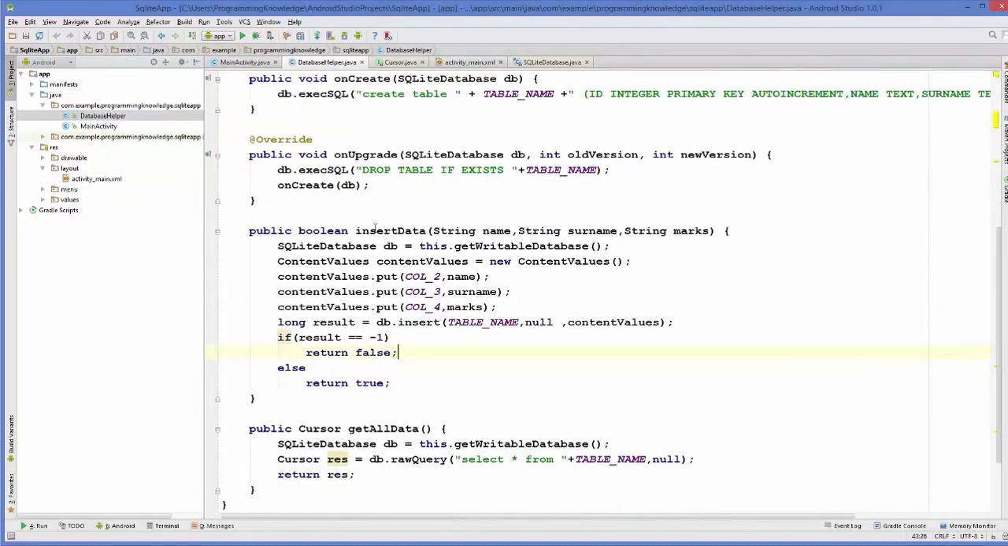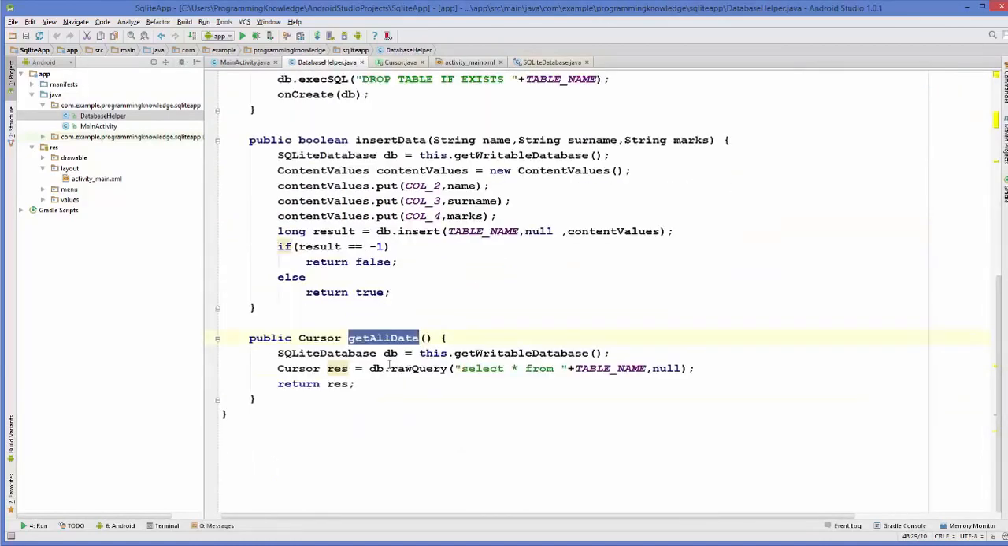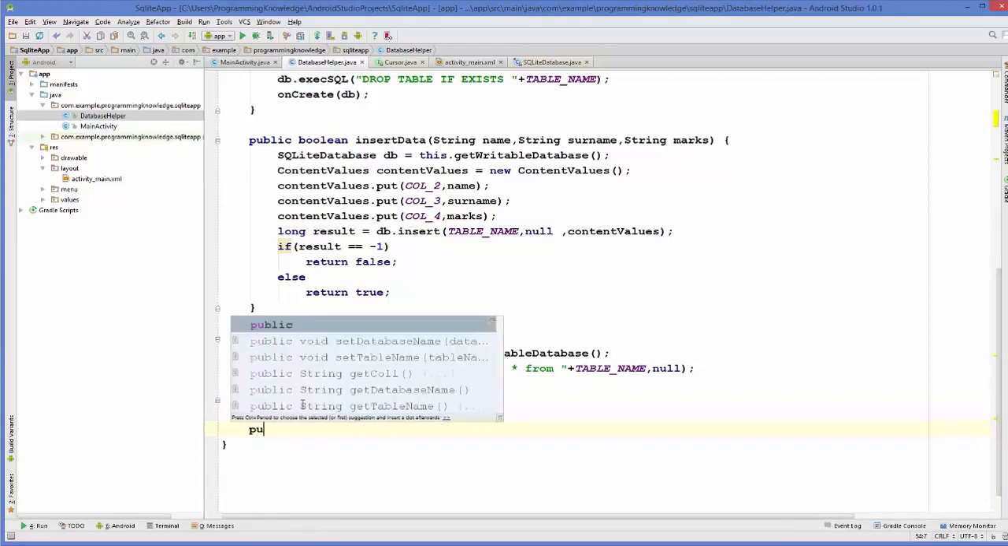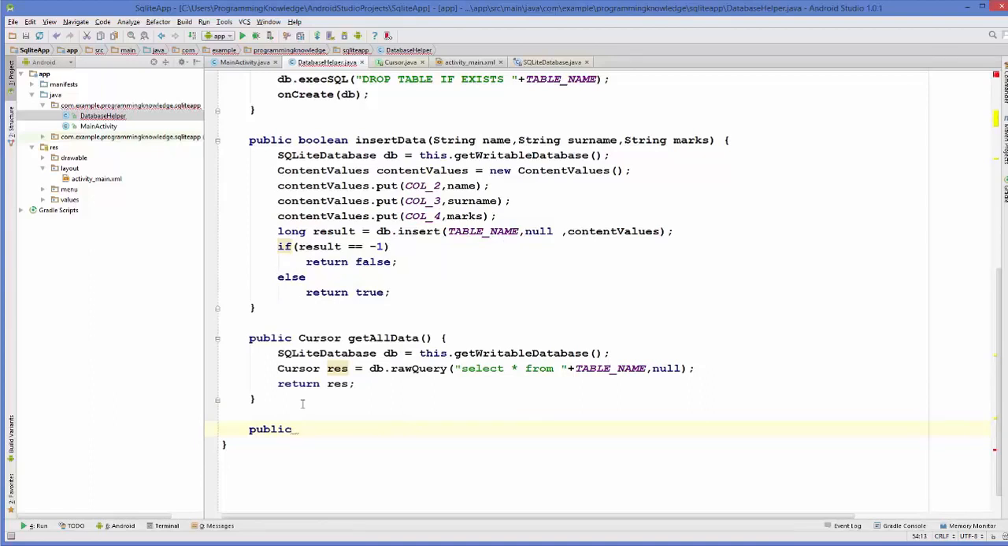helper.java file, and in here till now we have created insert data and get all data functions, right? We will create one more function here, and we will call it as update data. Okay, so it will be public and it will return boolean. So we need to know if the data is really updated or not. So we are going to return boolean, and we say this function name is update data. Okay, arguments it's going to take